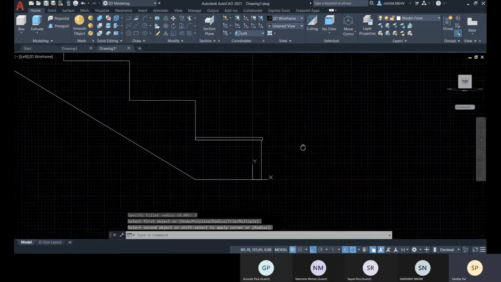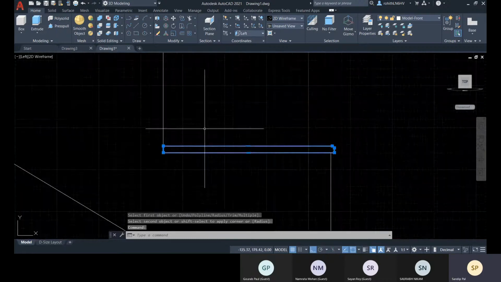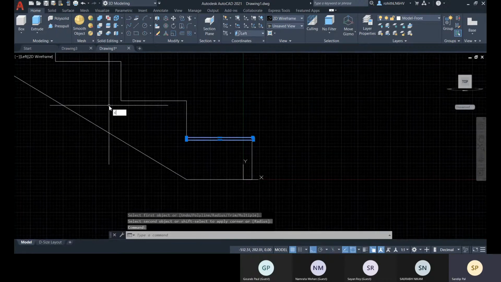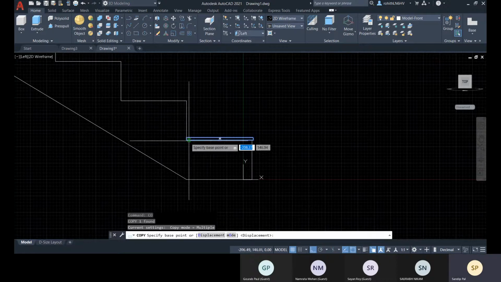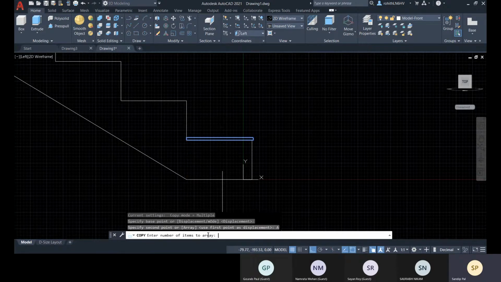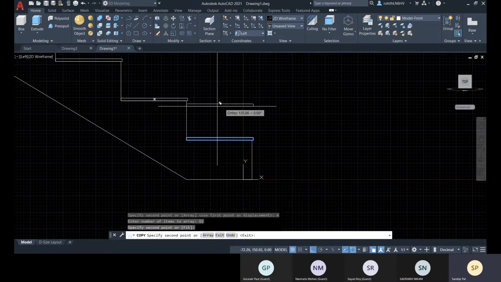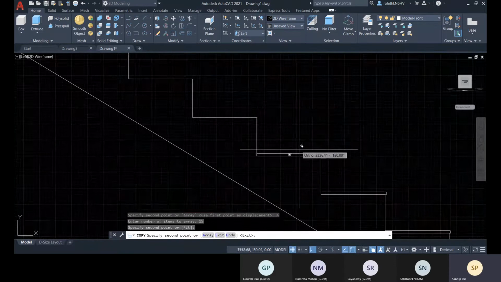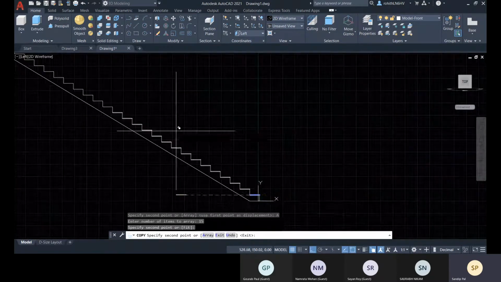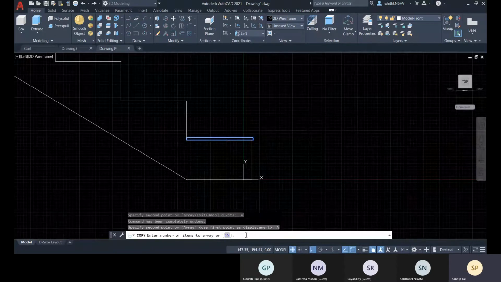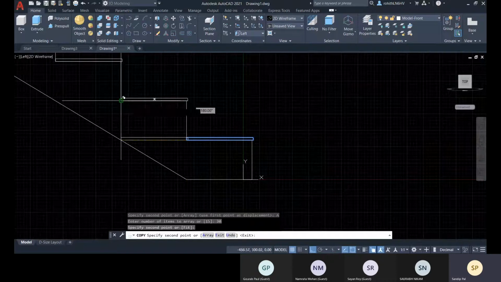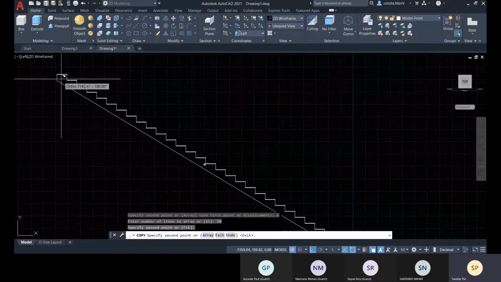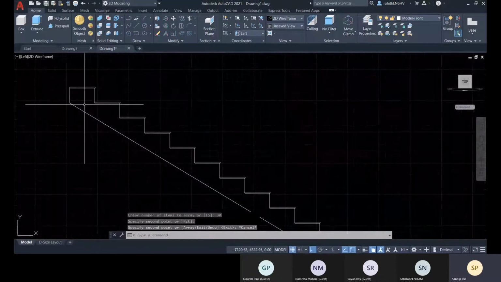All right, and then you can specify, place all of this also. Copy, array, that is, specify 15. Okay, so I should go with 30. It's because there was a double step. So again, second point, yes, it is done properly.